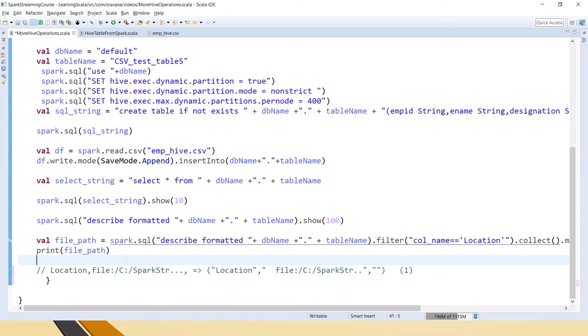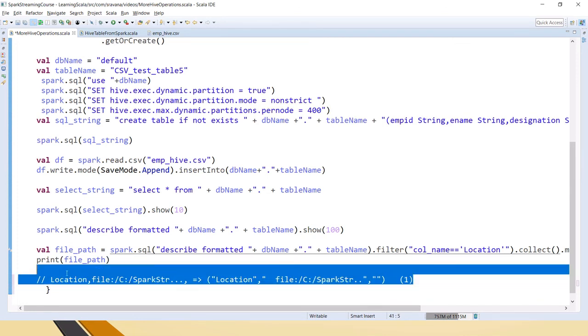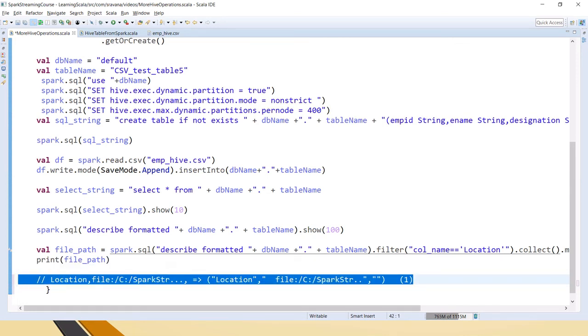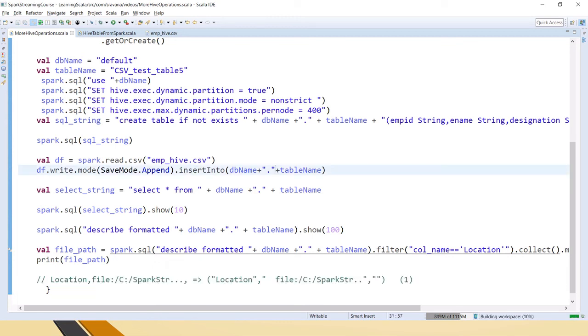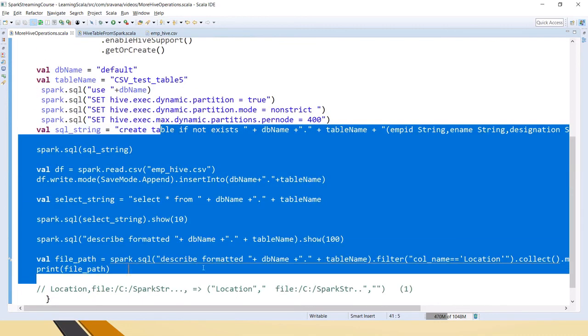I have seen some improvement in performance when you do so. This is my personal opinion, because I have seen it that way. If you feel comfortable writing Hive table joins, do that as per your requirements. So these are the other operations that we can do on the Hive table, friends.